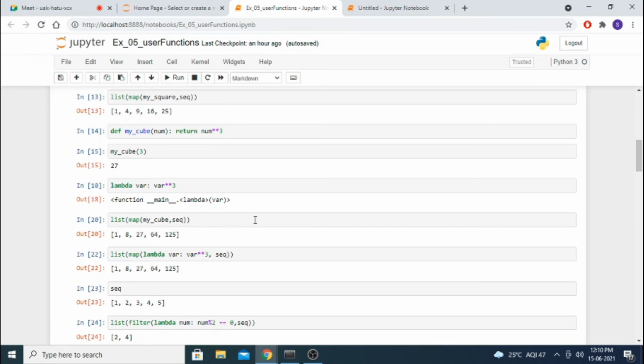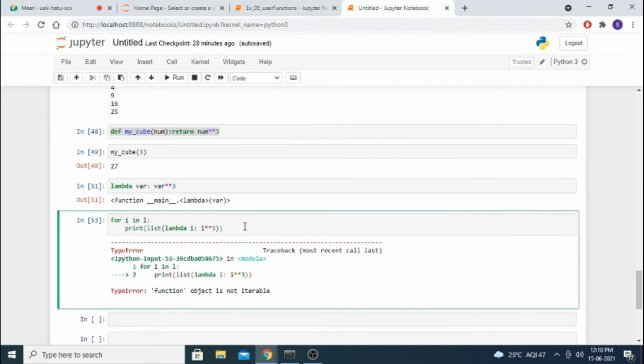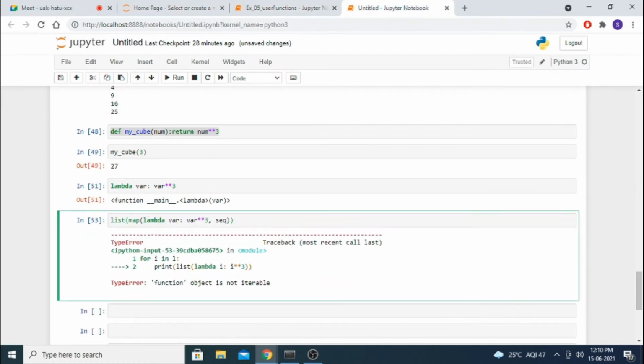Once we declare a lambda, we can use the lambda with the map function. We have to use a list and the map function. One more function called map. Here we can use our list, or you can use anything.